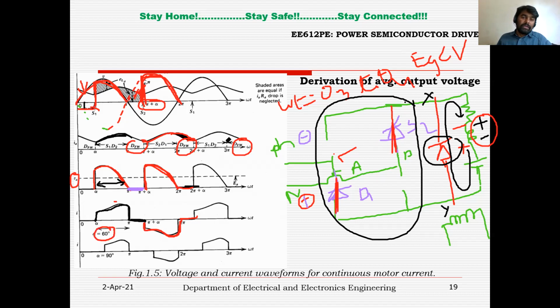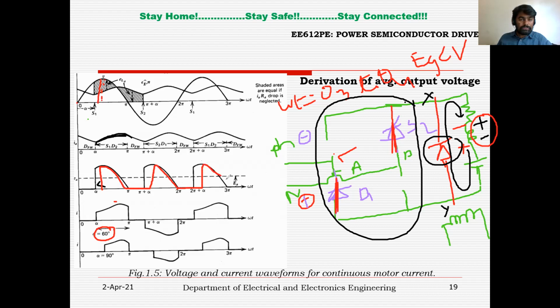Now you can also get any amount of voltage by varying the firing angle. So these are the waveforms, drawn for alpha equal to 60 degrees. Now let us say alpha equal to 80, where this is 90. So alpha 80 means it will be somewhere here, right? So you will get only this portion. And in the current waveform, the area will reduce because we are increasing the firing angle alpha. So this is the output current waveform at alpha equal to some 90 degrees.